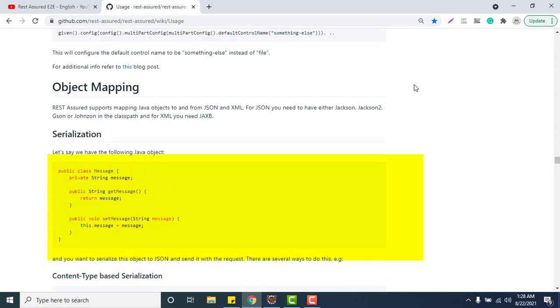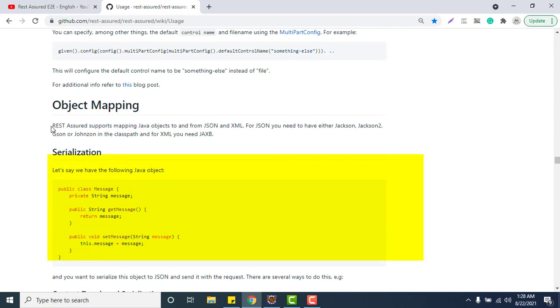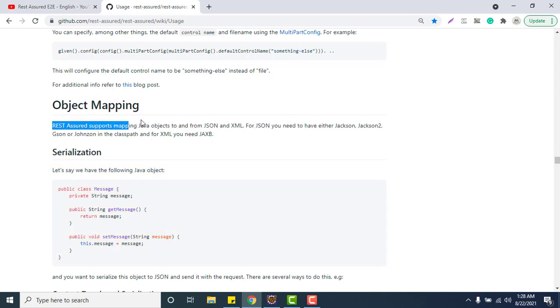Okay, so if you see here, REST supports mapping Java objects. Mapping or serialization supports mapping a Java object to and from JSON or XML, meaning you can convert a Java object to a JSON object or XML object, or from a JSON object or XML object to a Java object.